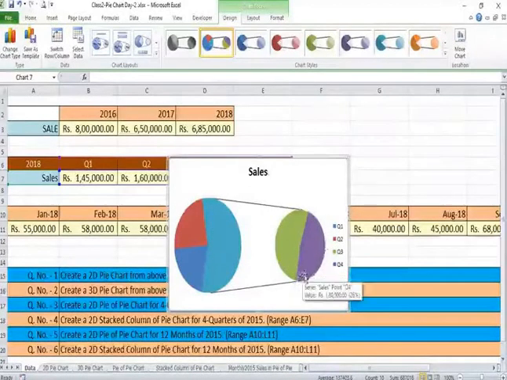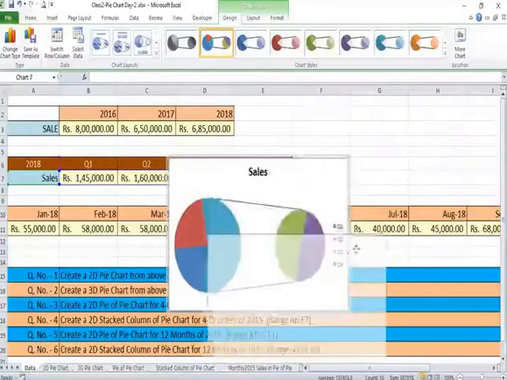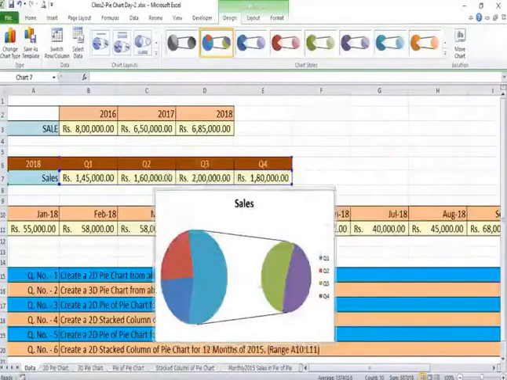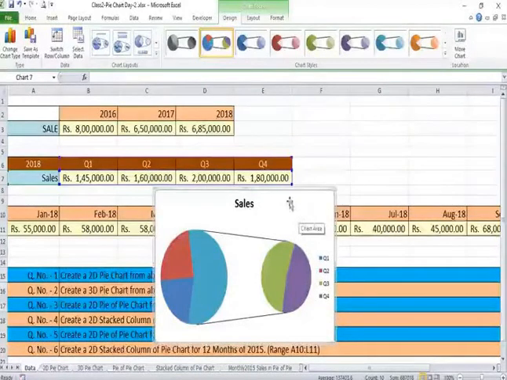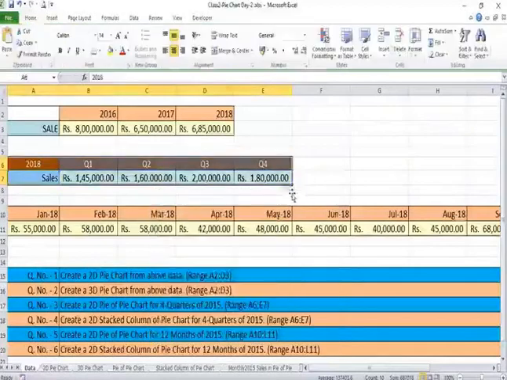You can have it for more number of categories, more number of quarters. I mean, in the place of quarters, some other data is there. Then you can have pie for the other items. So this is pie of pie chart. Let's delete it and explore the same for the other thing.